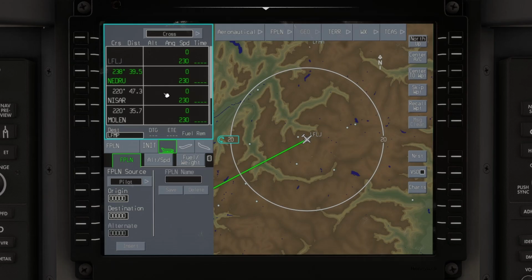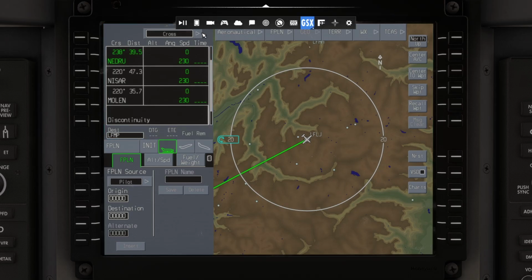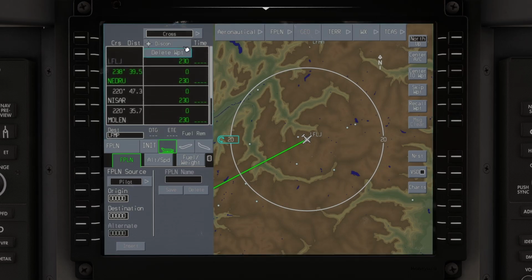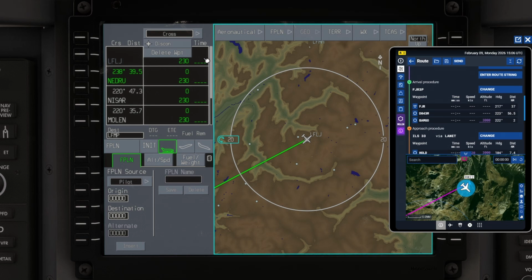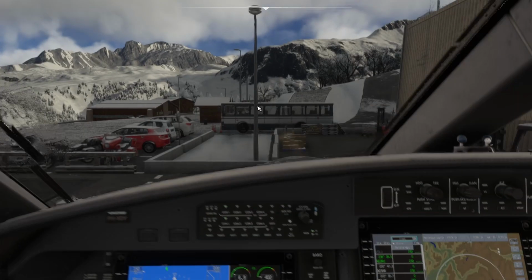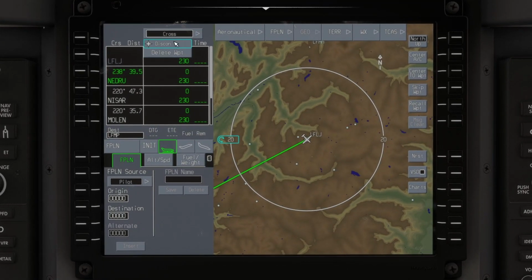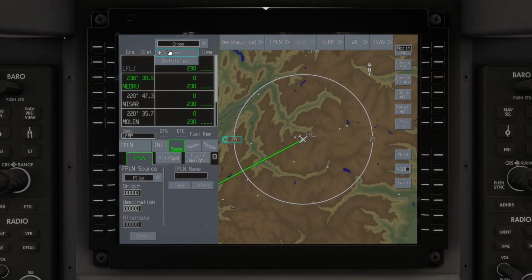Why did I do it like this? Because I also want to show you the other settings. Because if you press the arrow over here, I can do a few things. Oh, wrong button. So if I press the option over here, I can go to the discontinuity, right, which is on the bottom. I can delete it, but in this case, I don't want to do anything because I want to click on